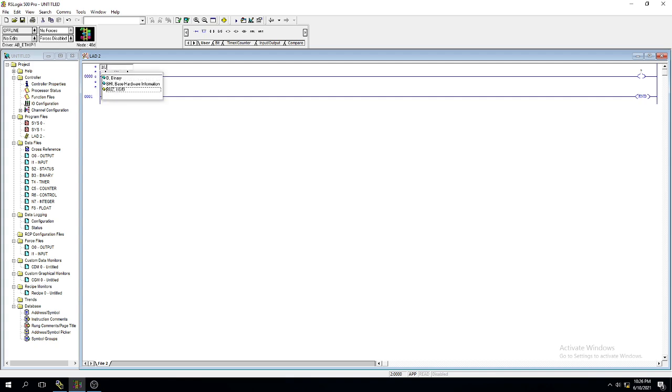Name it as buzzer 1. Simply first buzzer. So in our inputs we have this, right? Next we have to give the output. In order to check the operation, we have a number of outputs. One is LED, another one is buzzer, third one is fan, and fourth one is something else.